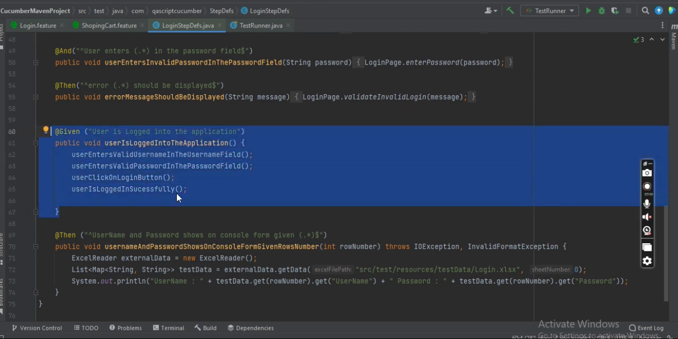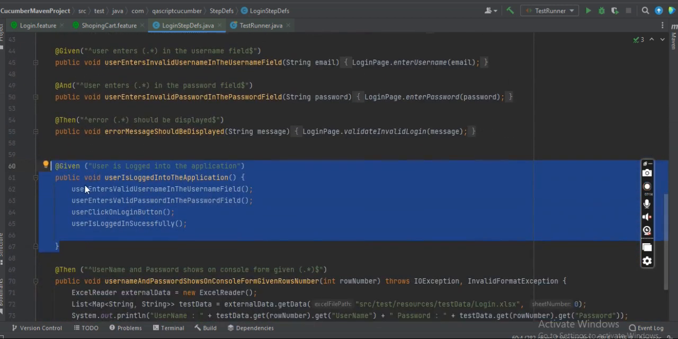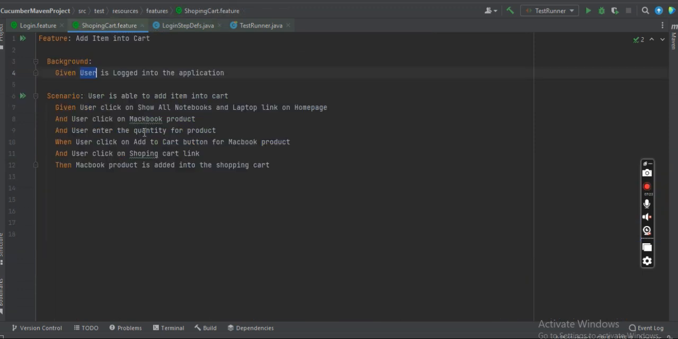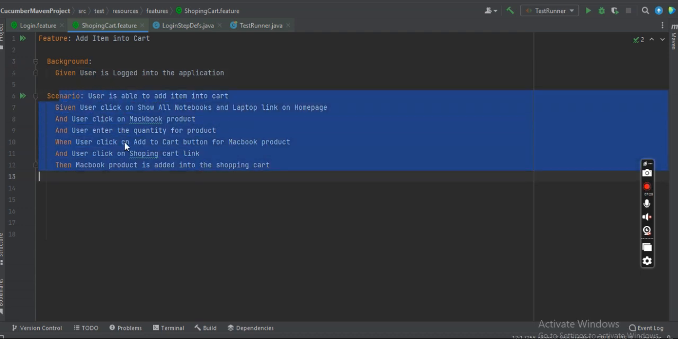So we don't need to write the above steps again and again. Basically this is the one precondition for one complete scenario. Okay, so now this is the background, and this is the feature file, and correspondingly I have written